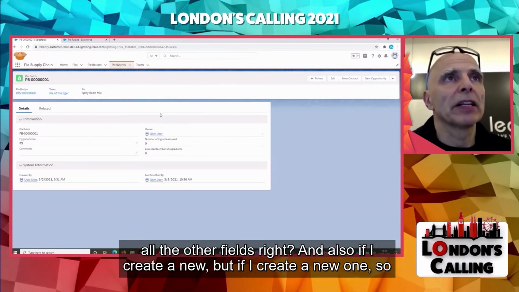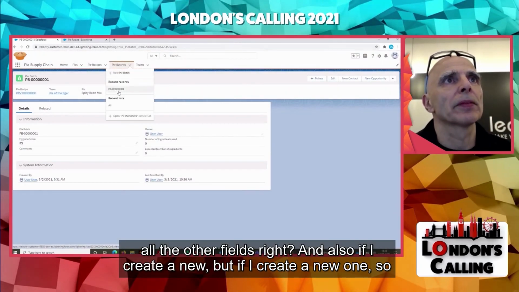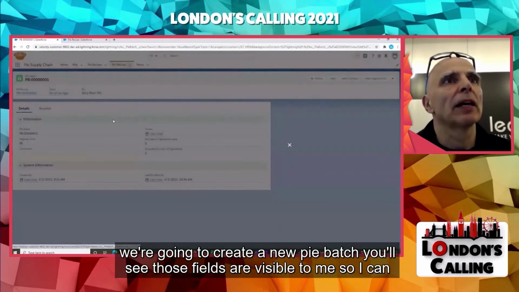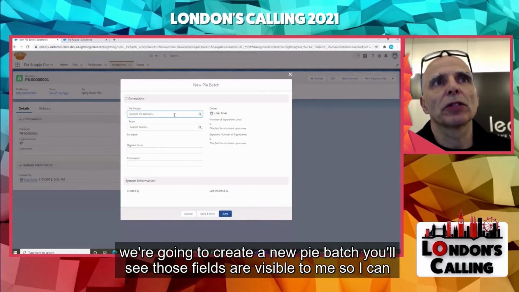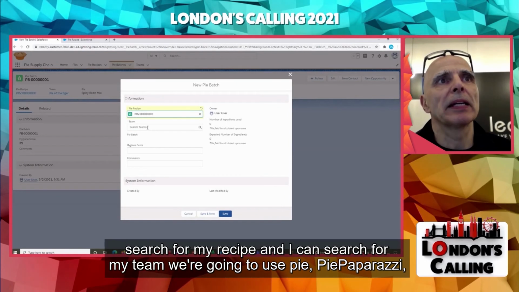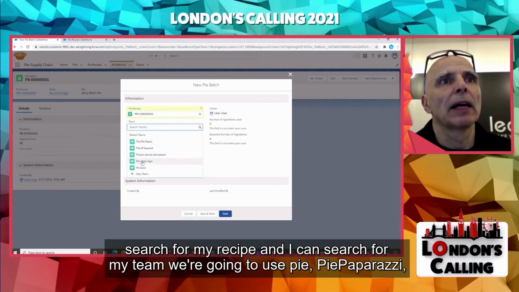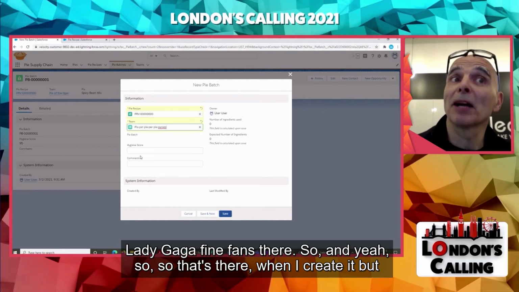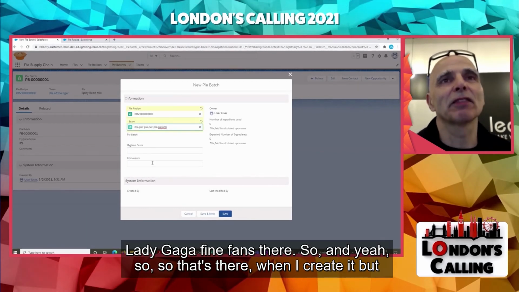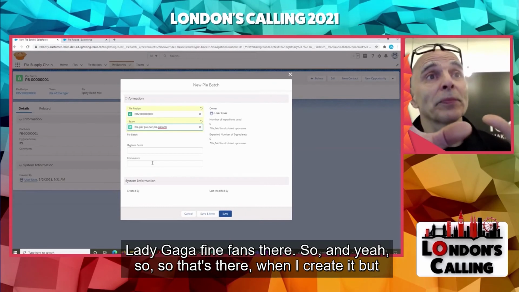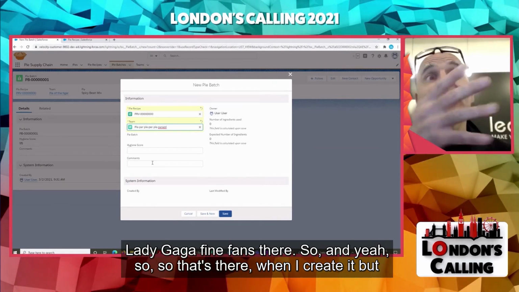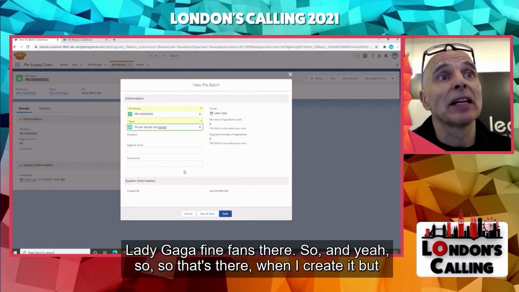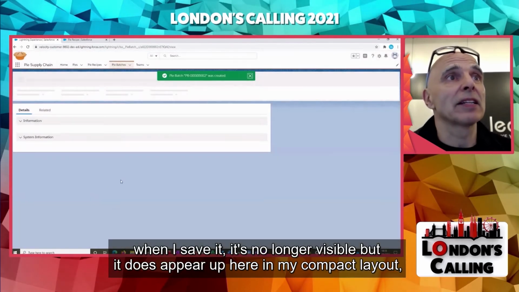And also if I create a new one, so we're going to create a new PyBatch, you'll see those fields are visible to me. So I can search for my recipe and I can search for my team. We're going to use Paparazzi, Lady Gaga fans there. And yeah, so that's there when I create it, but then when I save it, it's no longer visible,